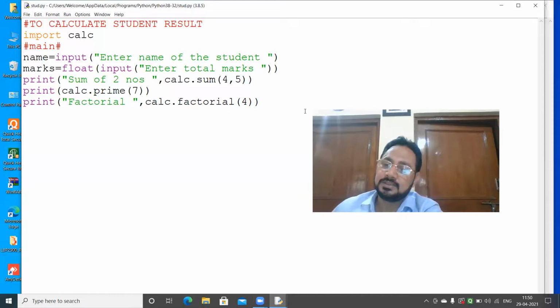Now you write importing entire module. This I am calling importing all modules. The import statement can be used to import the entire module.